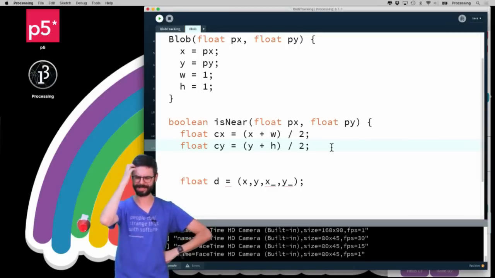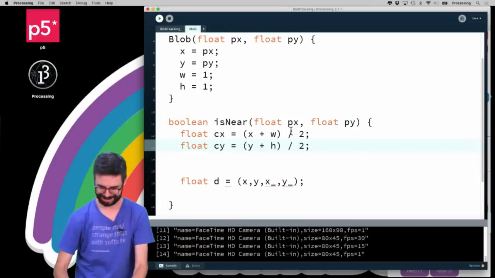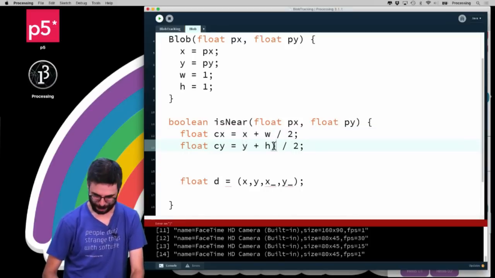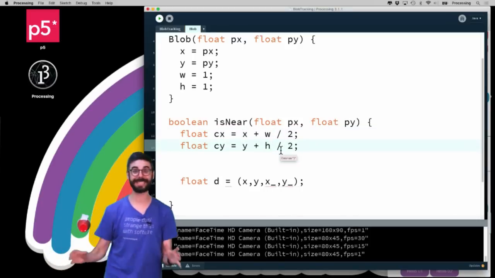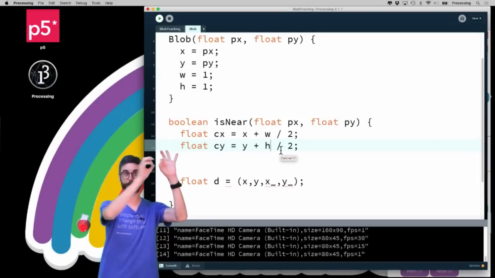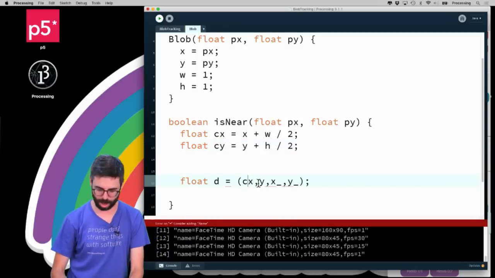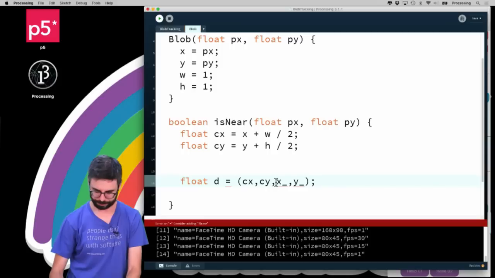No, that's not the center. X plus the width divided by 2. Don't be ridiculous. X plus width divided by 2. Thank you very much. Y plus height divided by 2. That's the center, right? If you have a rectangle, x plus the width of the rectangle divided by 2, that's the center location. So I want to know if that pixel